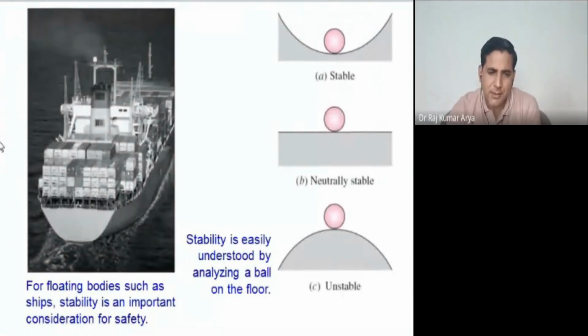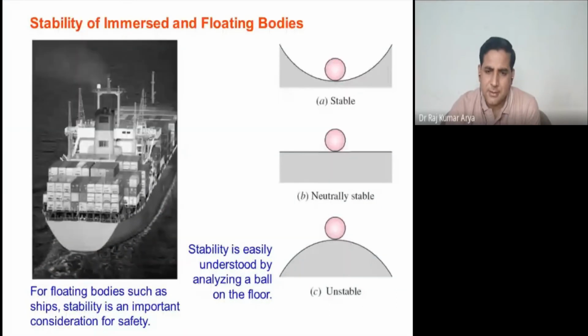Now you have another condition here, the stability. When you have a ship, the design of the ship and body and stability matter. In this part, this is stable: wherever you leave this ball, it will remain there until you disturb it. If you disturb it, let's say you have moved the ball to this corner, what will happen? Will it come back to the original position or not?